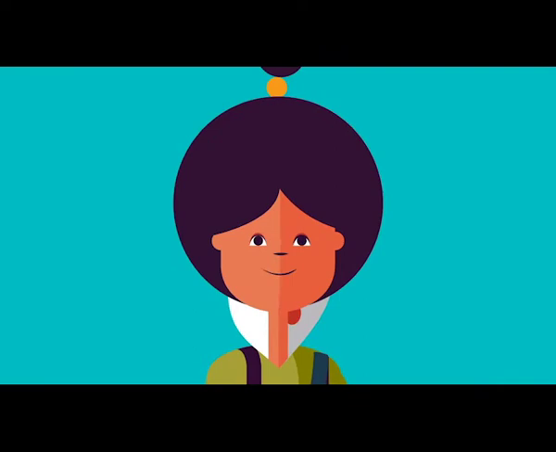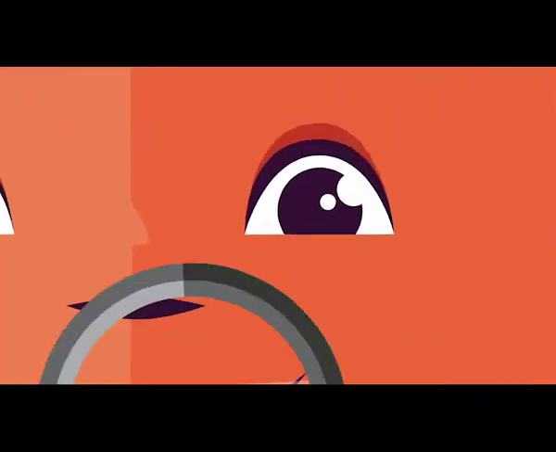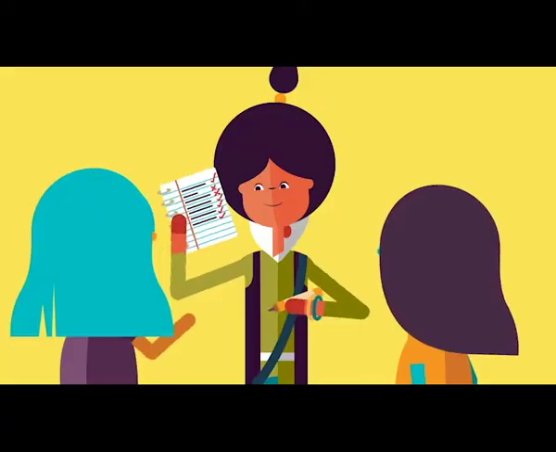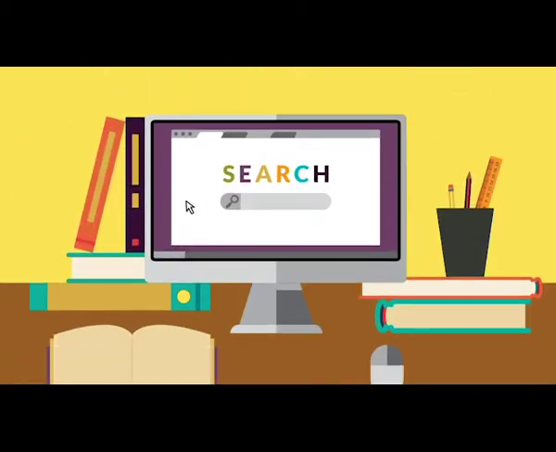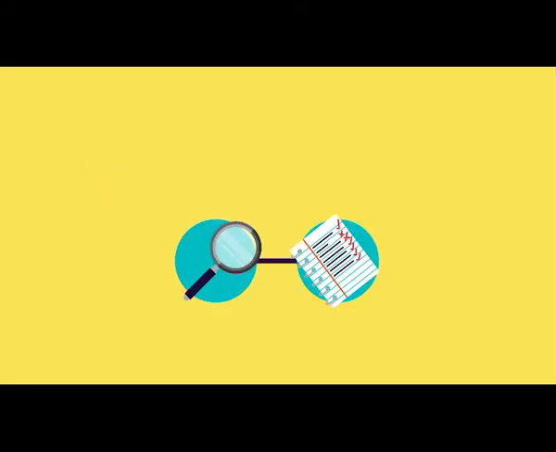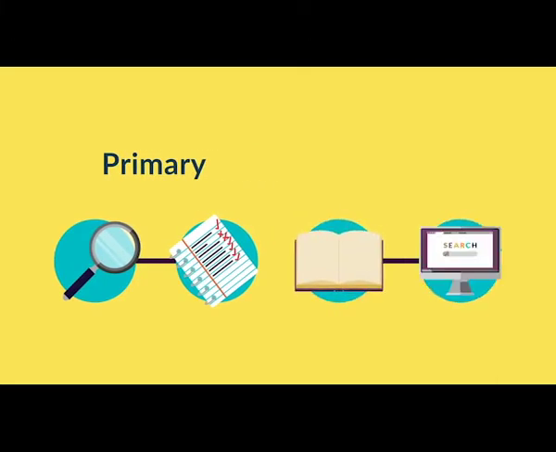The first thing Maya needs to do is collect data. She can do this either by observation, or by using a questionnaire, or by researching information that other people have already collected about this matter. If Maya collects the data herself, this is called primary data. If she uses data in a book or on a website that has been collected by someone else, this is